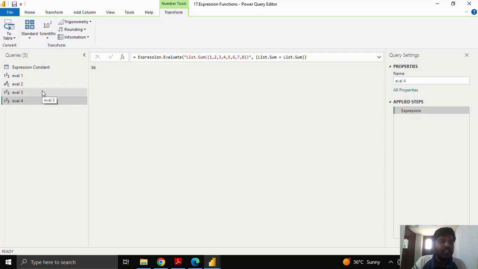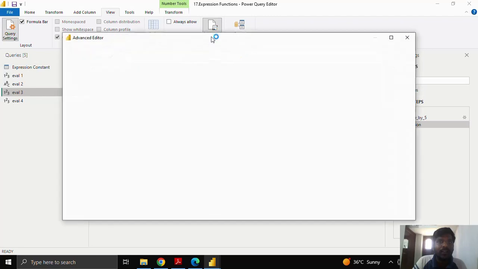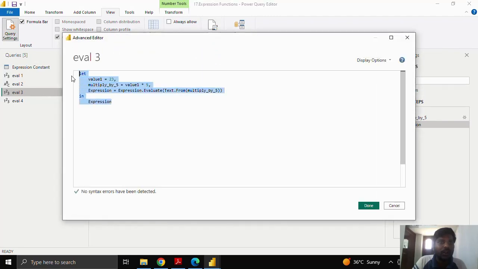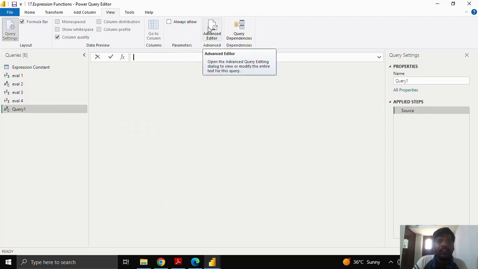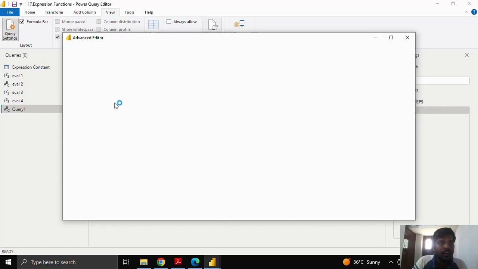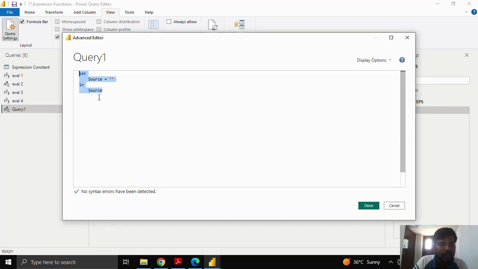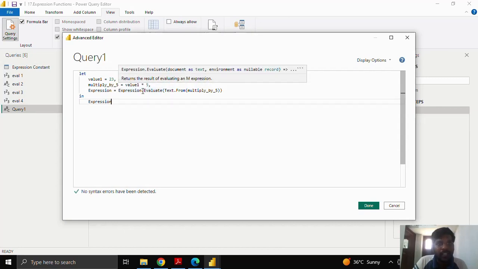To show you another function, I'll go to the previous evaluate query. I'll go to advanced editor and copy this. I'll click on done. I'll go to new query and take a blank query. Here I have advanced editor. I would paste this query. This is a normal query where you could understand I have provided a value, I have multiplied it by 5. In the previous function I have evaluated it. Now I would like to show you another function which is called